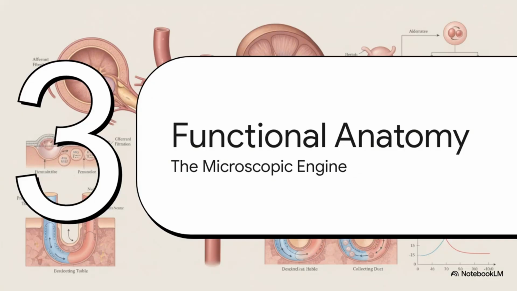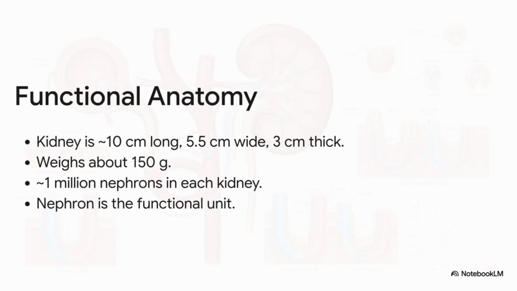Section 4. Functional Anatomy of the Nephron, the Microscopic Engine. To fully grasp how this drastic plasma alteration physically happens, we need to talk about scale. The macroscopic kidney is surprisingly small. It's about 10 centimeters long, 5.5 centimeters wide, and weighs only about 150 grams. But packed inside that tiny 150-gram organ are roughly 1 million individual nephrons. 1 million! And each one of those nephrons, which includes a renal tubule and its glomerulus, operates as its own